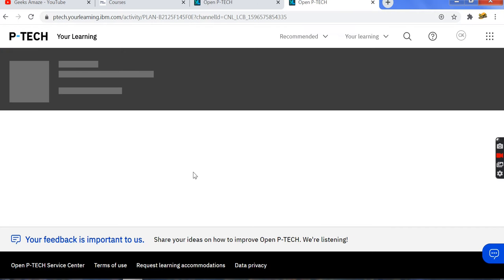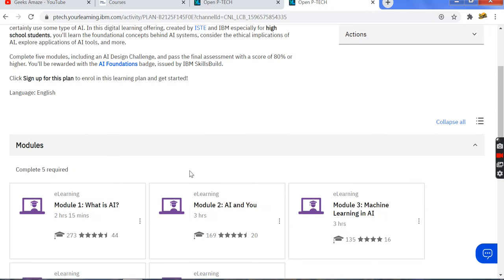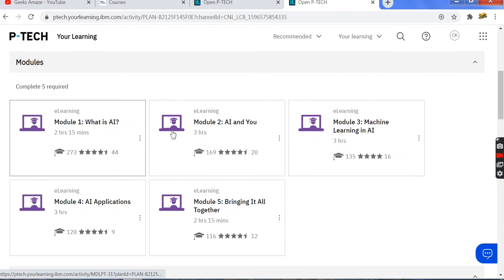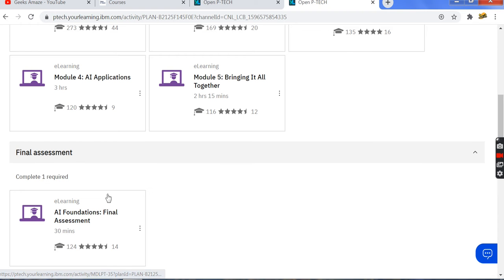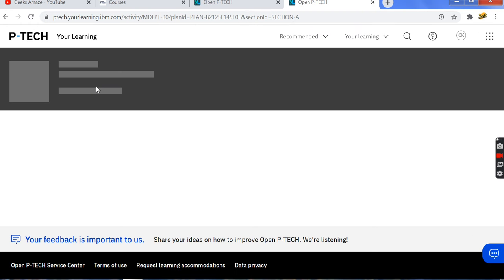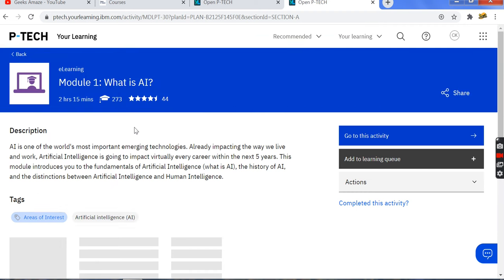You can click on learning plan. After completing these 5 modules, there will be an assessment, and after completing this assessment, you will receive a completion certificate and a badge officially from IBM itself.